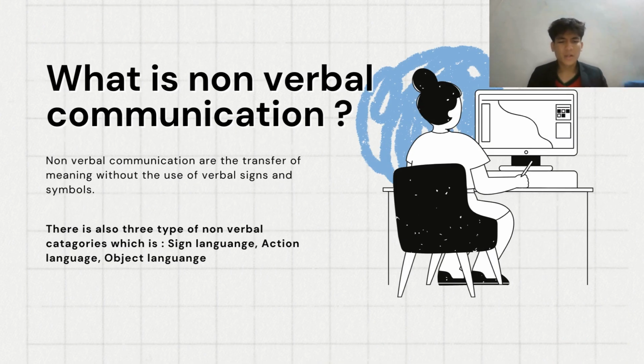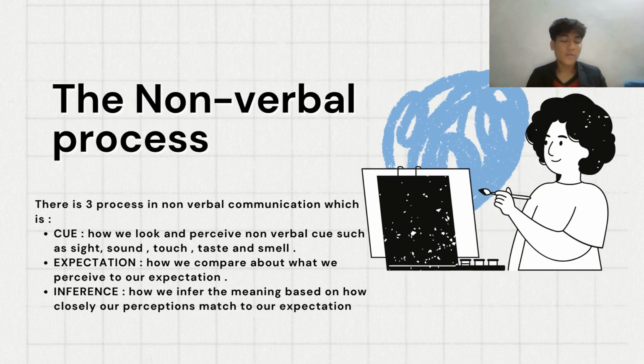What is nonverbal communication? So, nonverbal communication is the transfer of meaning without the use of verbal signs and symbols. There are also three types of nonverbal categories, which are sign language, action language, and last but not least, object language. Moving on to the nonverbal process,